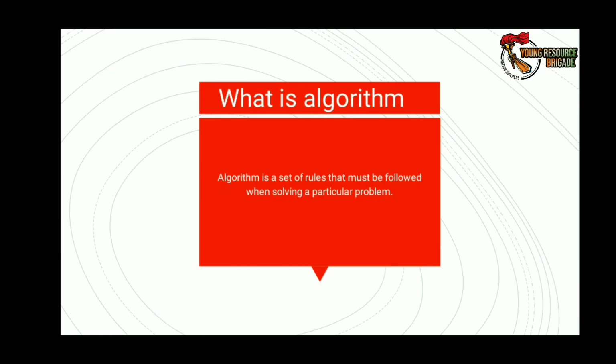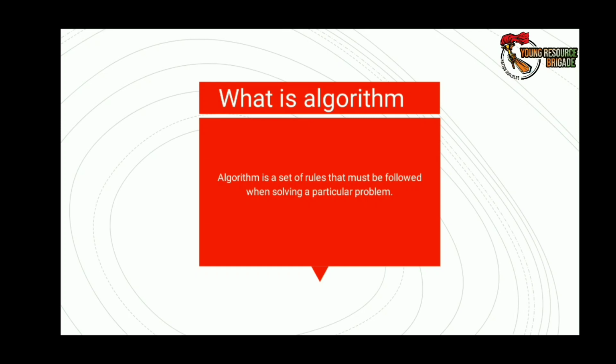कंप्यूटर प्रोग्रामिंग के वर्ल्ड में algorithm बहुत ही important होते हैं. An algorithm is an important tool that is used to give the solution of a problem in a step-by-step manner. The word algorithm is derived from the name of the Persian mathematician Al-Khwarizmi, who gave the step-by-step procedure of arithmetic problems like dividing, solving linear equations, etc. An algorithm is a set of rules that must be followed when solving a particular problem.